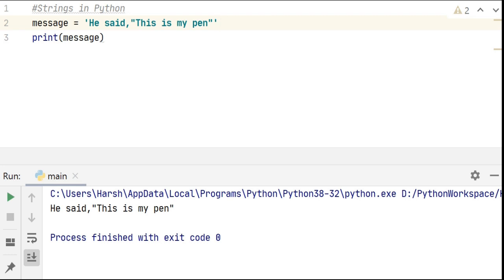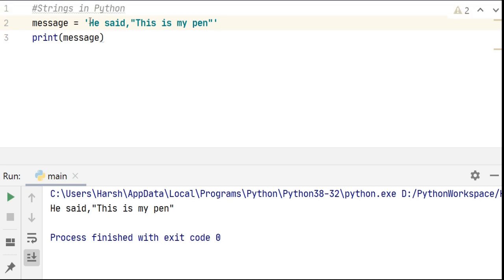Now Python has also provided us with something called an escape sequence, which is represented using a backslash. So when we have such strings where we want Python to consider the characters as they are, or which are illegal to use inside a string, we use an escape character. So let's consider the same strings using escape sequence. What we do is, when we define a string, we just put a backslash before the character we want to use as it is.